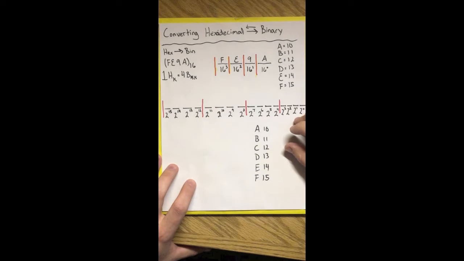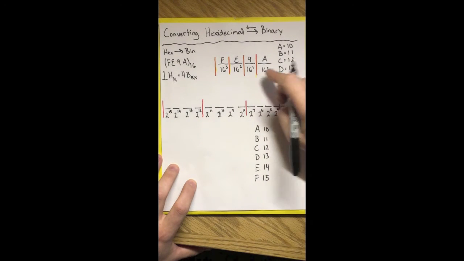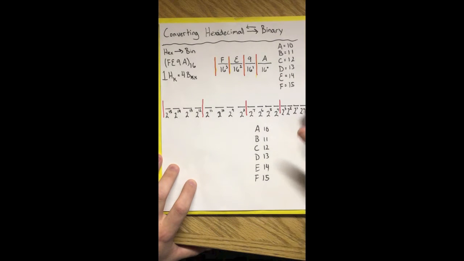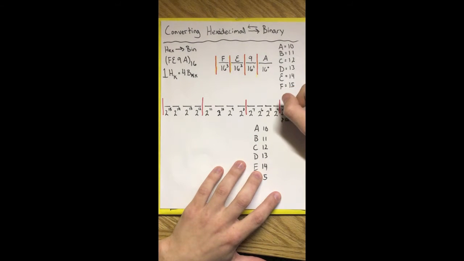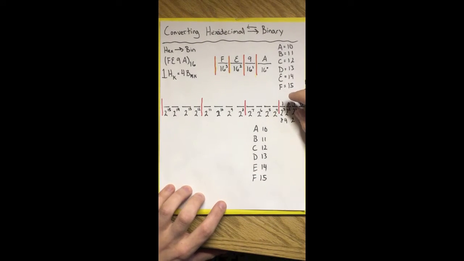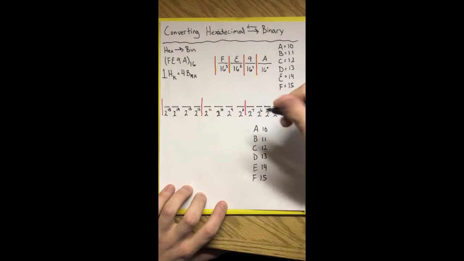Now, to convert it to binary, like I said, there's going to be 16 binary bits, so A, represented in binary, A is 10. This place is 8, 4, 2, 1. So how can we get 10 out of this? Very simply, 8 plus 2 is 10. Now, the numbers will go the way I've written them, all the way up to 2 to the 15, but